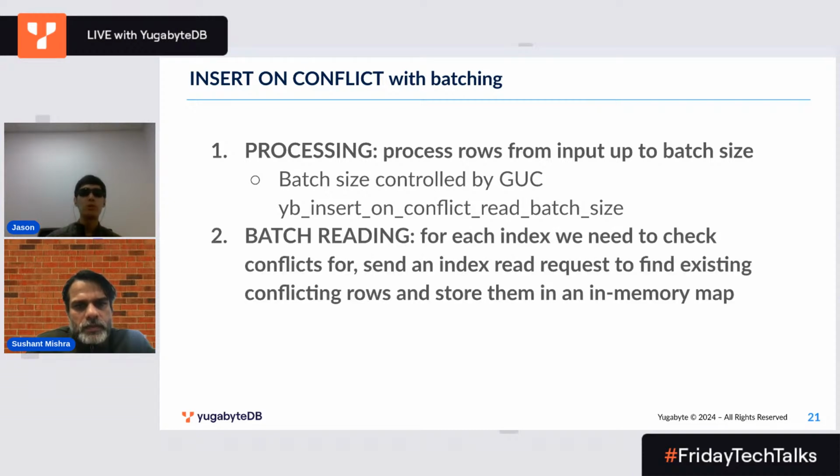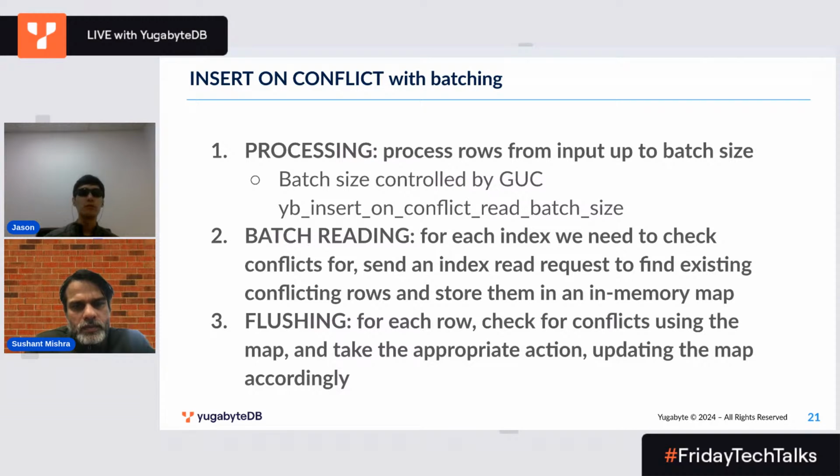And then we do the batch read. So for each index that's involved in this on-conflict, we'll send the read request for all the conflicting rows, for every single thing related to the input, in a single read request for each index. Typically there might be just one index that we're checking, but it's possible for multiple to be involved. So we do that read request, and then we store this information in an in-memory map,